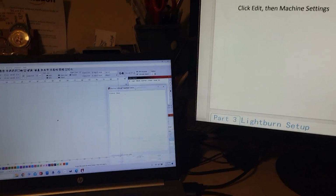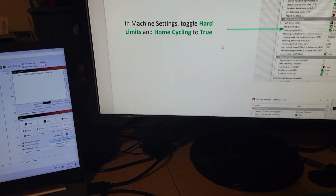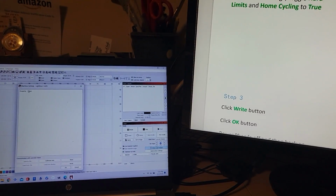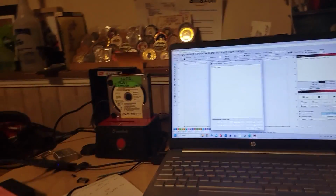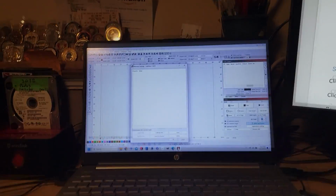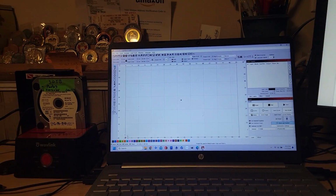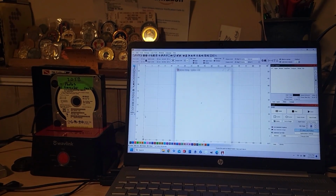and I'm going to move this over to this board so I can follow this. The next set of instructions says go to hard limits and homing cycle. Both have to be set to true. Okay. Oh, I guess it's got to be on because it's not seeing anything. So let's turn that on again until the software sees it. And I heard a ding. So it should work. So edit, machine settings,